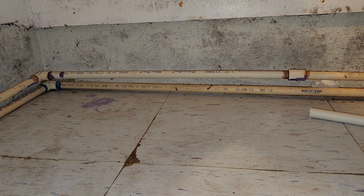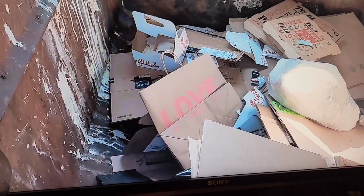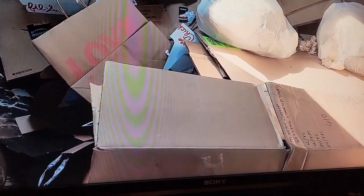Oh, geez. I don't see anything wet in here. It's probably where it enters the wall back there. So that's the cold. Jeez. Okay. Well, I gotta do a little investigating. Somebody's doing some dumpster diving. Dumpster diving on TV. Anyway,